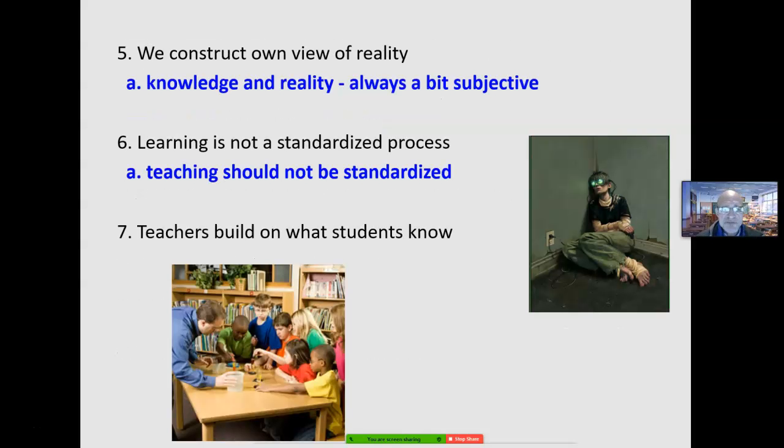saying right now. There's no such thing as an objective view of reality, an objective view of anything, because we always construct our own view. It's always a little bit subjective, just by the way we perceive what's in our head. What's in your head right now, you are constructing an understanding of what I am saying. All your heads are a little bit different, so you're all going to get slightly different versions of what I'm